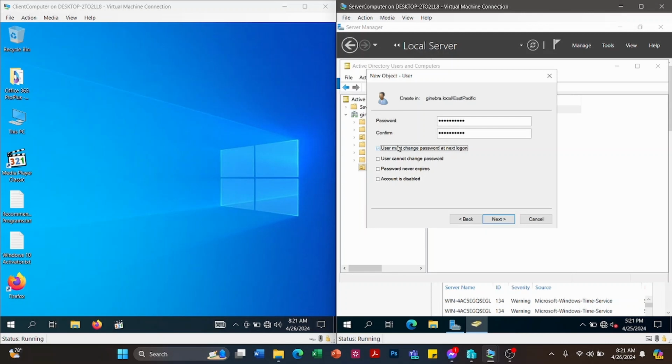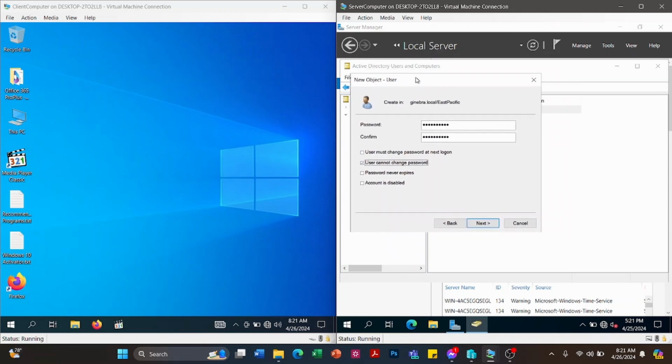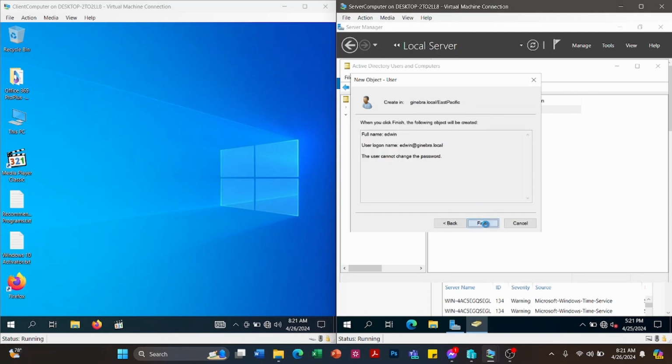On the next choice, "User cannot change password," upon logging in, the default password will remain the permanent password of the user admin. So we're just going to choose "User cannot change password." Click next, then finish.